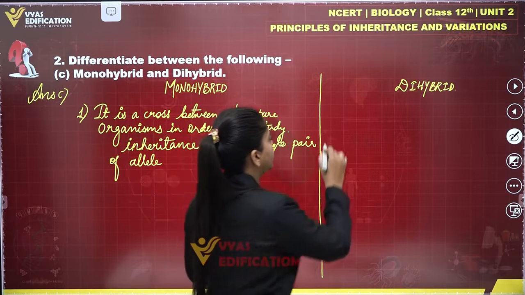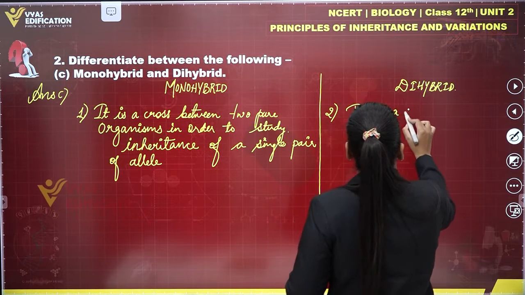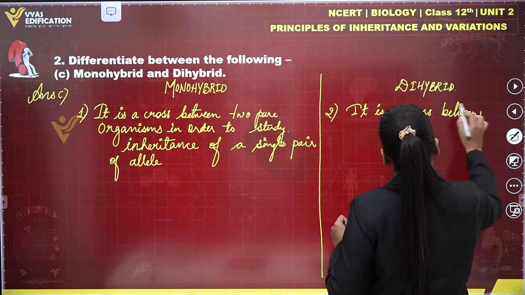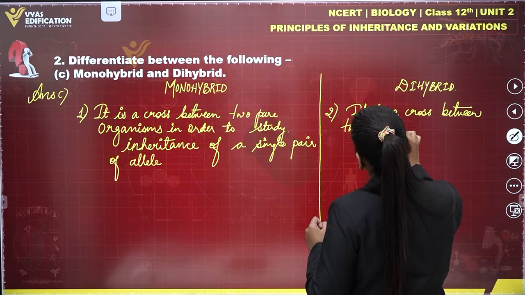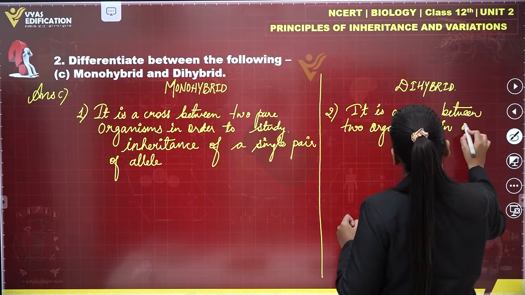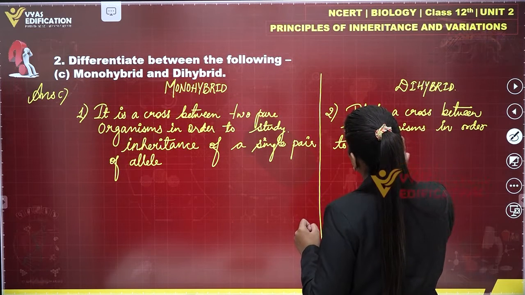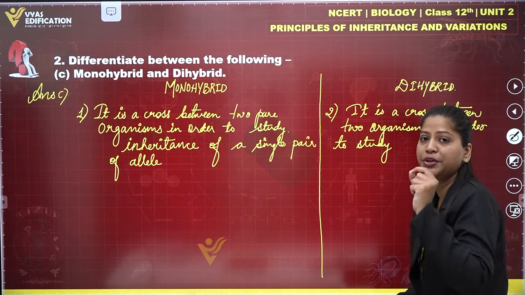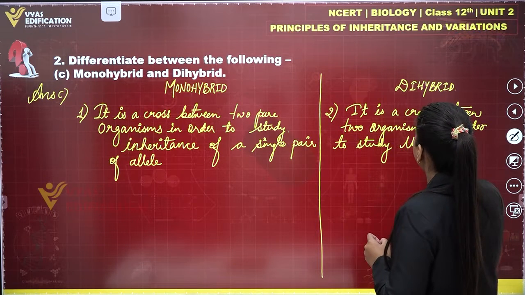Alright, and if you talk about the dihybrid cross, then it is a cross between two organisms in order to study the inheritance, of course, but not of a single pair but of two different pairs of alleles for a trait. So in order to study the inheritance